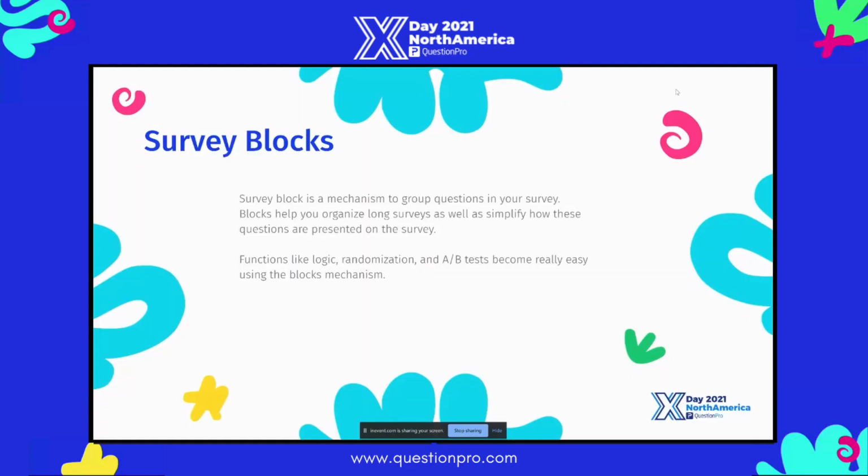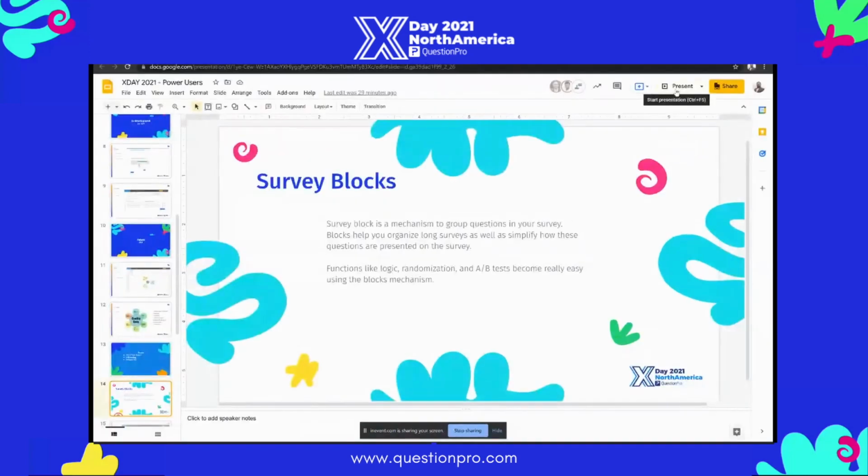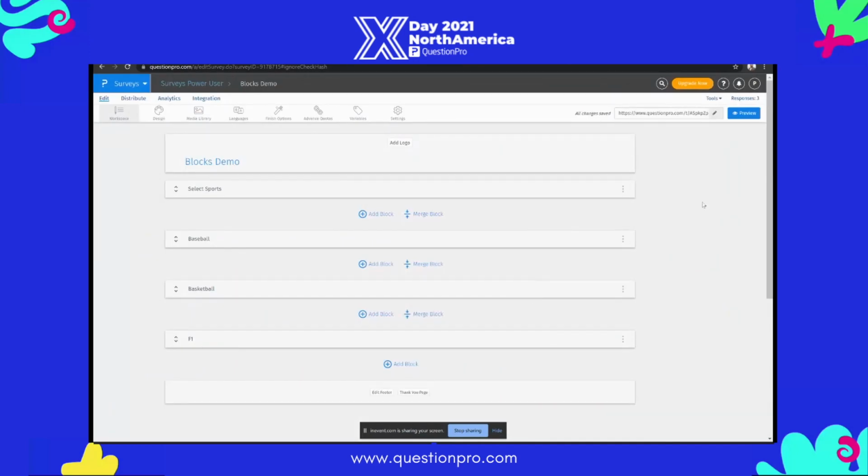Yes, thank you, Anup. A quick recap on survey blocks. Survey blocks, basically, it's a mechanism to group questions. So we'll jump into the demo now. You guys can see my screen, right? Awesome. So yeah, we have a quick example or a small example of a survey